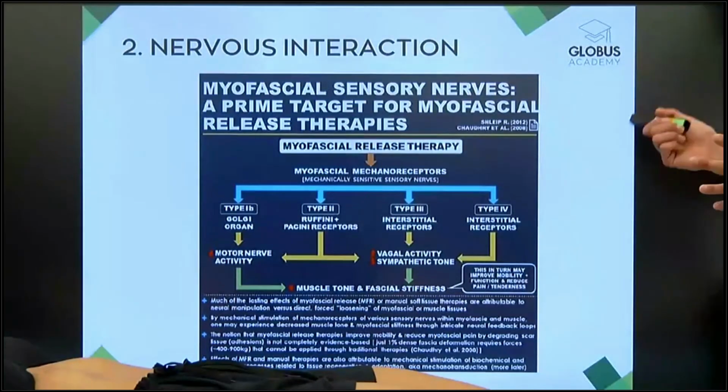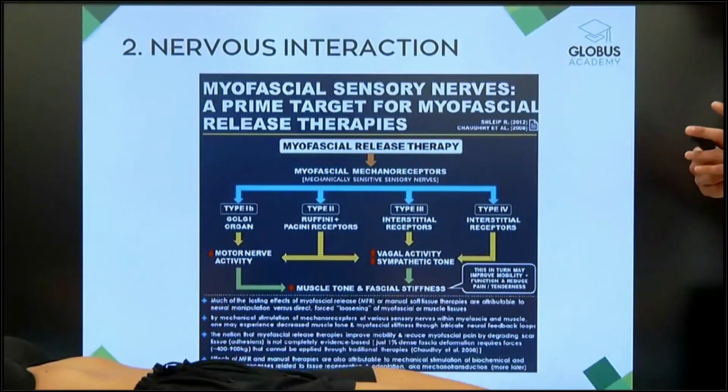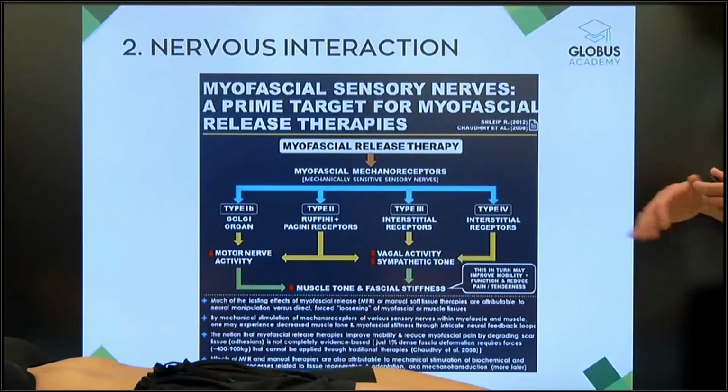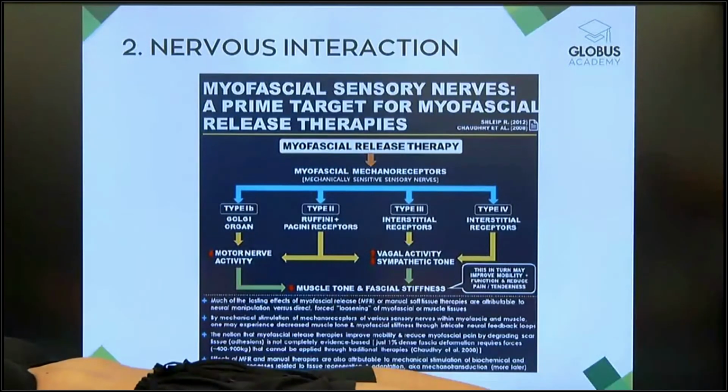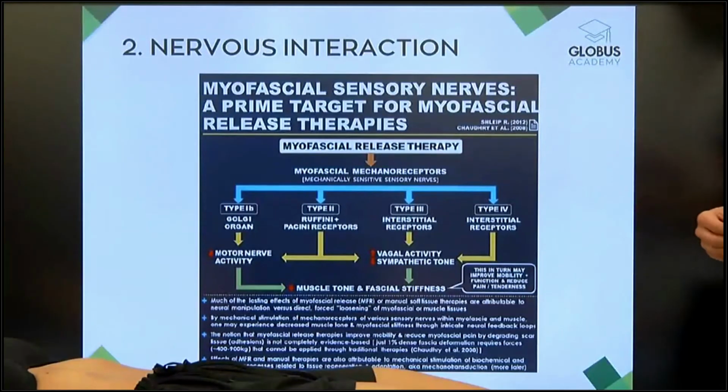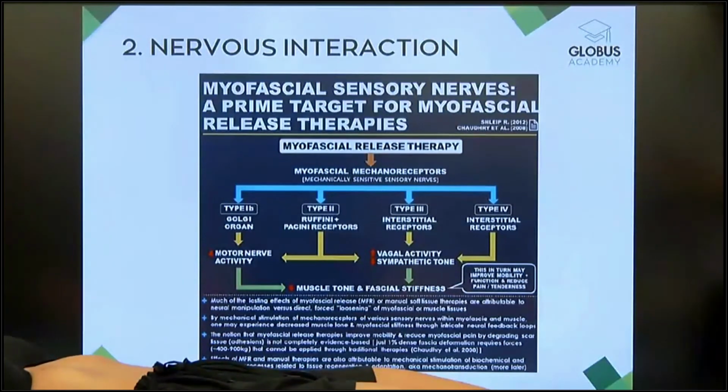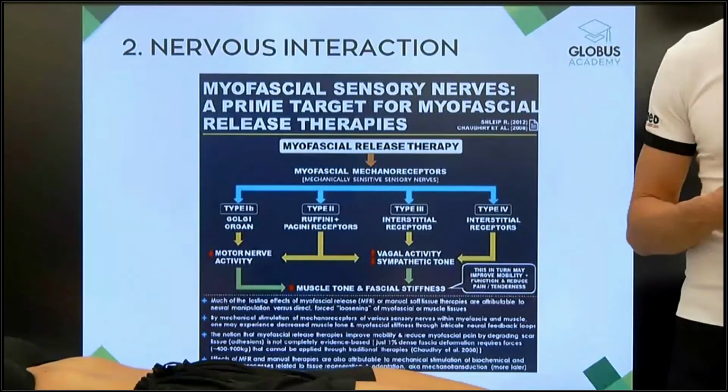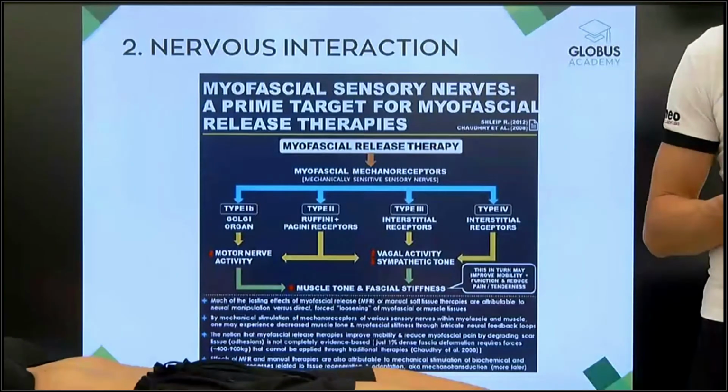We already spoke about the nervous interaction, so we are going to stimulate the receptors, and through the receptors we can achieve some results on the motor nerve activity. So we increase the vagal activity, we relax the muscles, and also we get a kind of sympathetic modification on tissues.